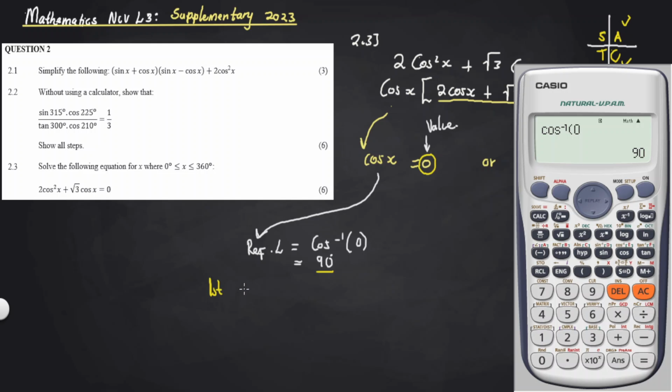In the first quadrant, x is equal to 90 degrees. You take the reference angle as it is. In the fourth quad,